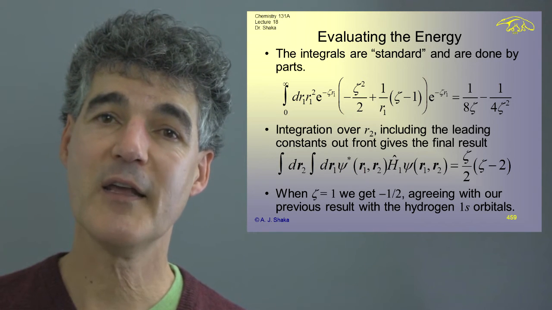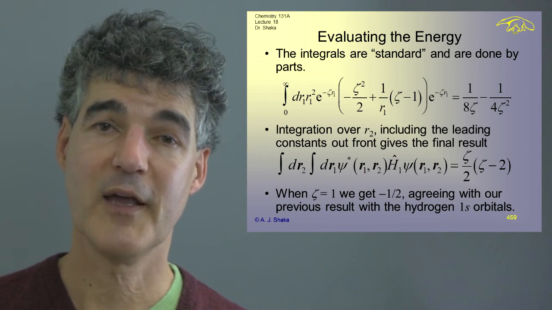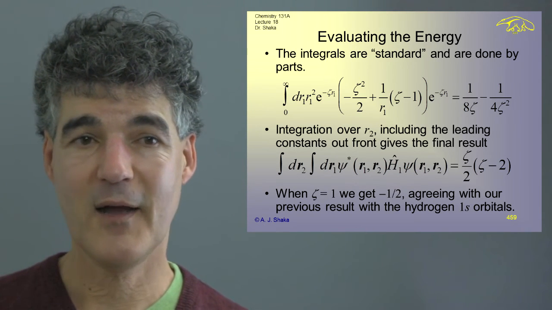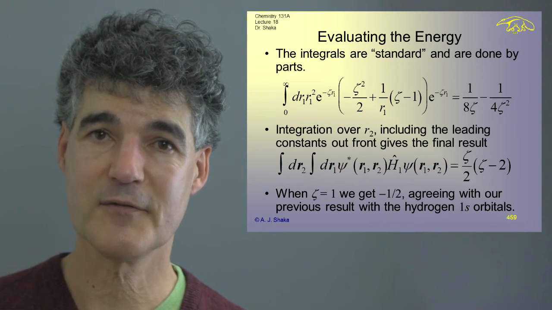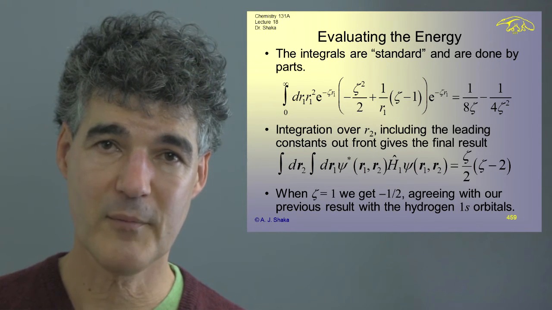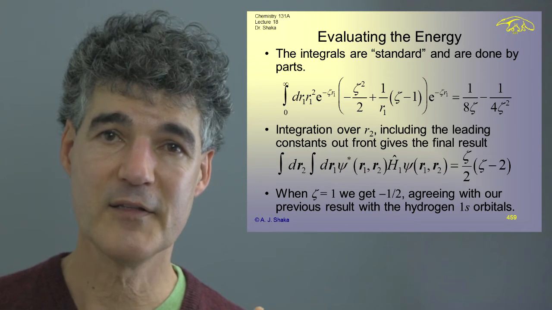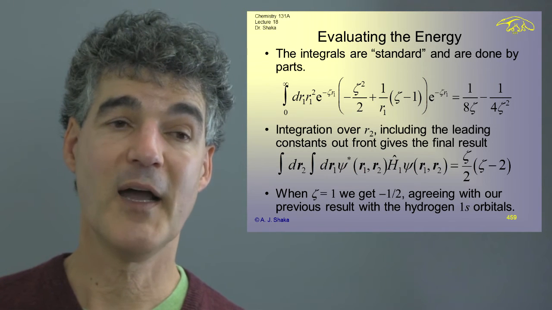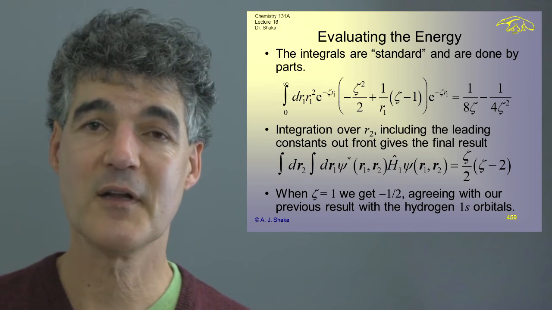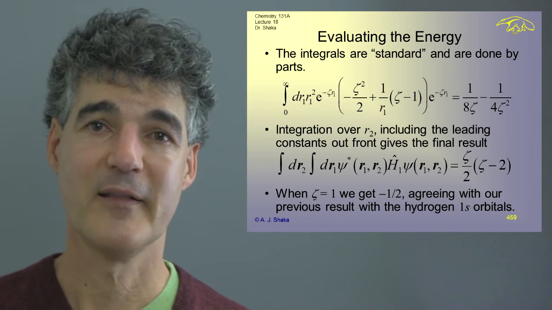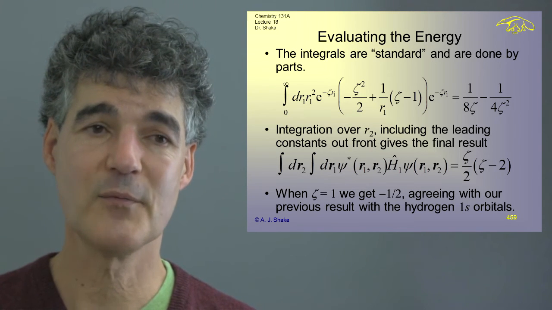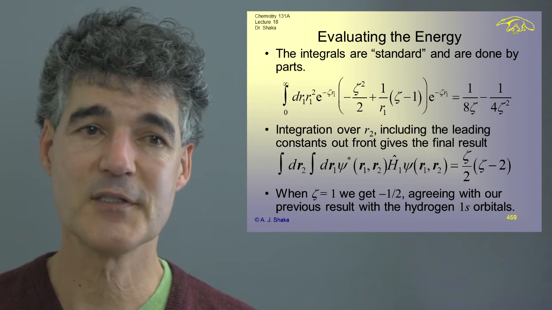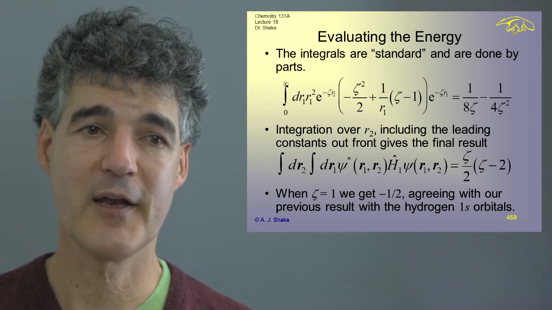And when we put zeta equals 1, we get minus a half. And so I wouldn't have been able to figure out that it had this functional form without a very quiet room, without actually doing these integrals. And that's why I don't just put in something like, well, it's minus zeta over 2, because that's not correct. It might be that. That also gives a half when zeta is 1, but it might not be, and in fact it isn't. And there's good reasons why it has to have a linear and quadratic term.